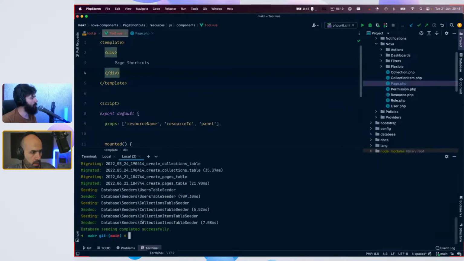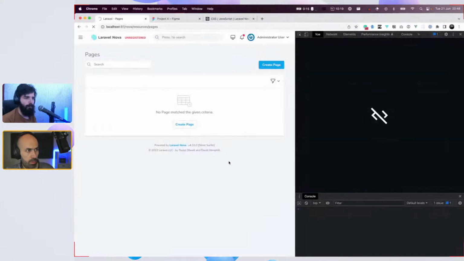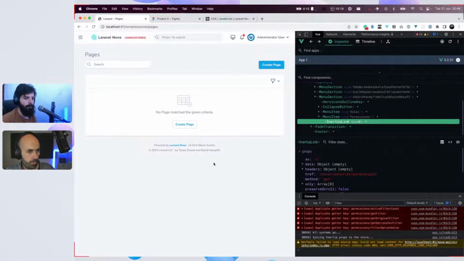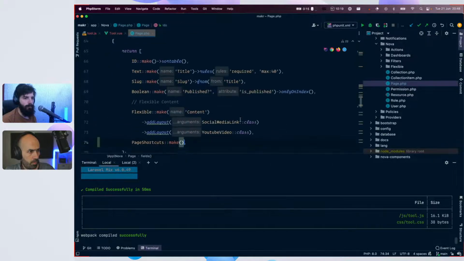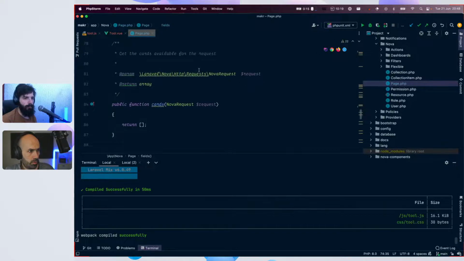It's compiling, I guess. Should be. And now if I refresh, we should see it. Why didn't we? Page shortcuts.